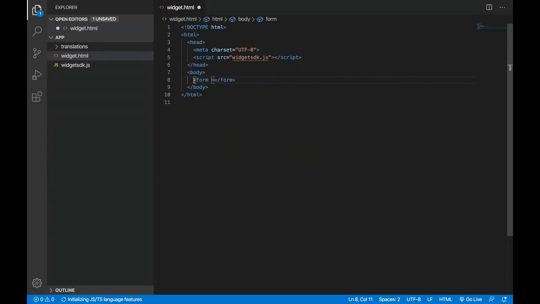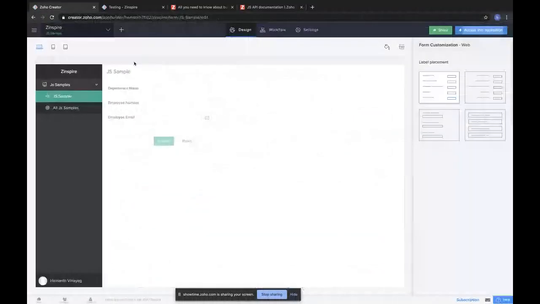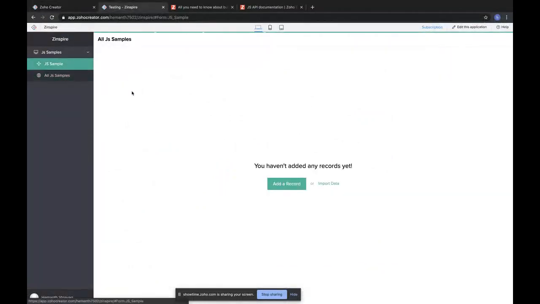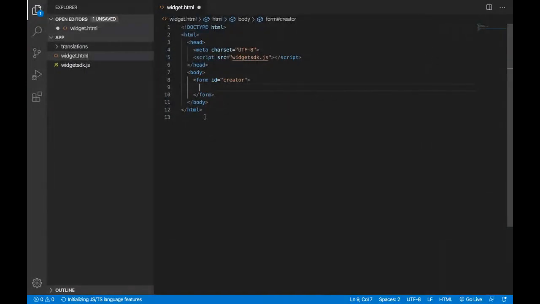and we'll give the form an ID just to identify it. You can call it anything. Click on done. Perfect. So in our application, we've added 3 fields. So in our HTML form as well, let's try to add 3 fields. One is department name, and we'll give it an input option,